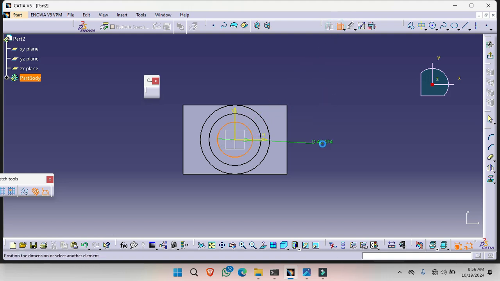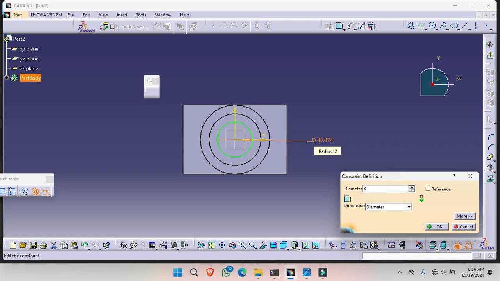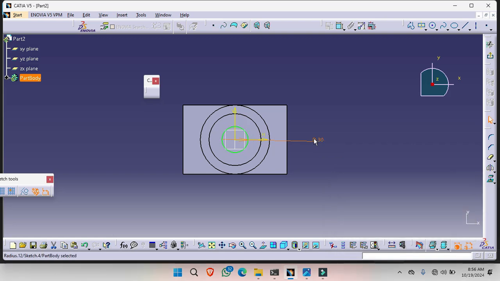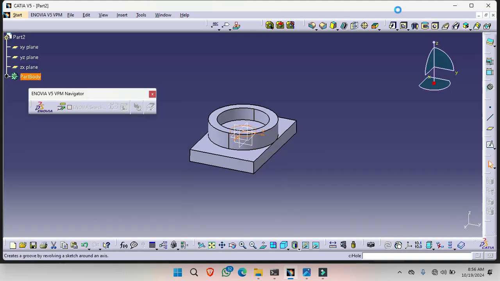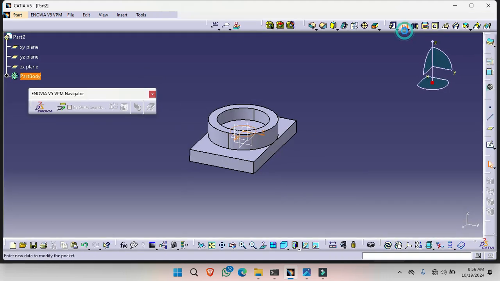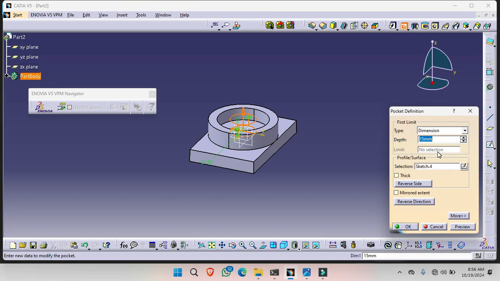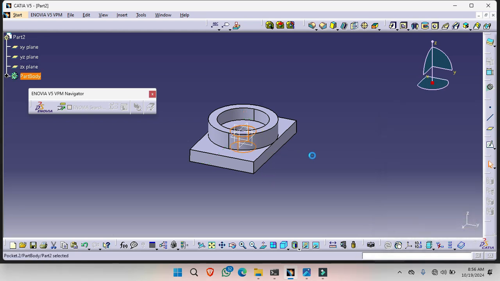Give the constraint, and dia is 30 mm. Exit the workbench view and click on pocket command. Change the dimension type, click on up to next and click on OK.